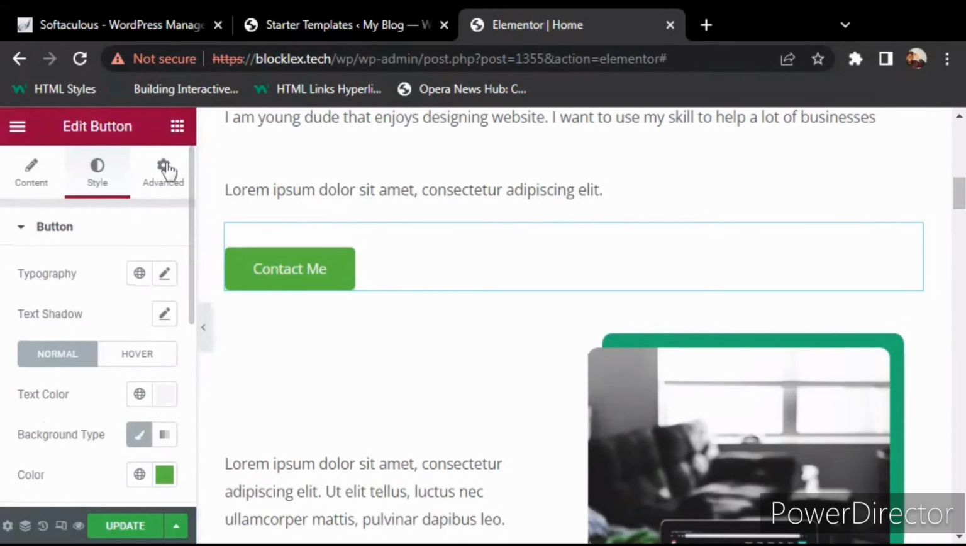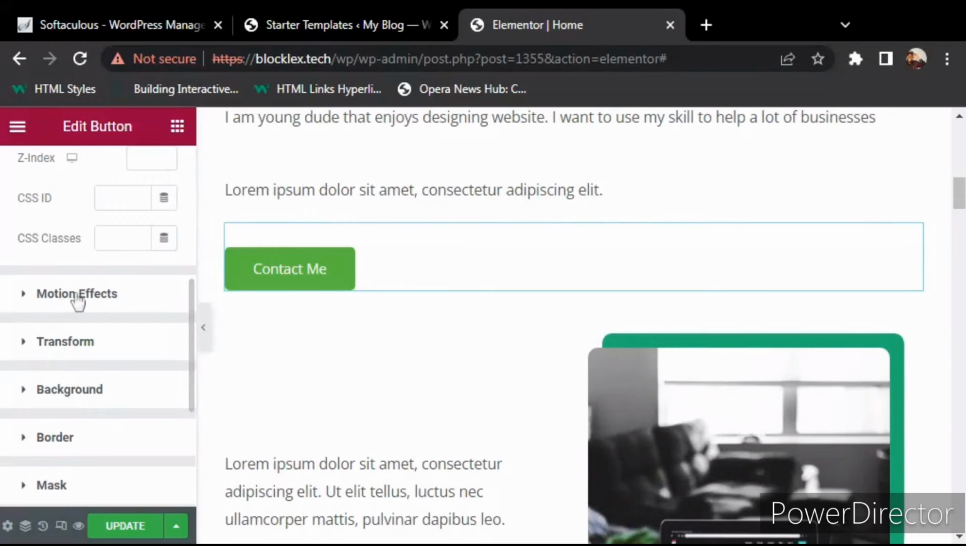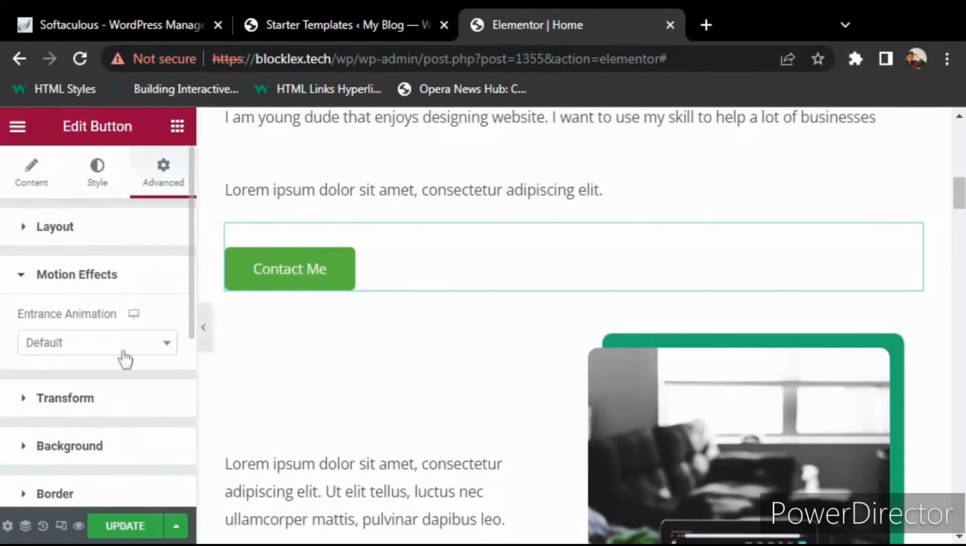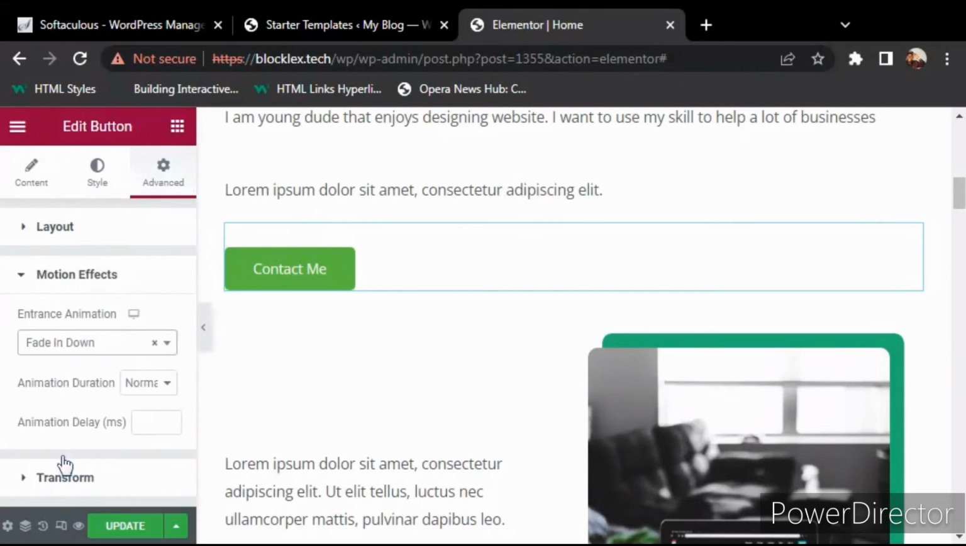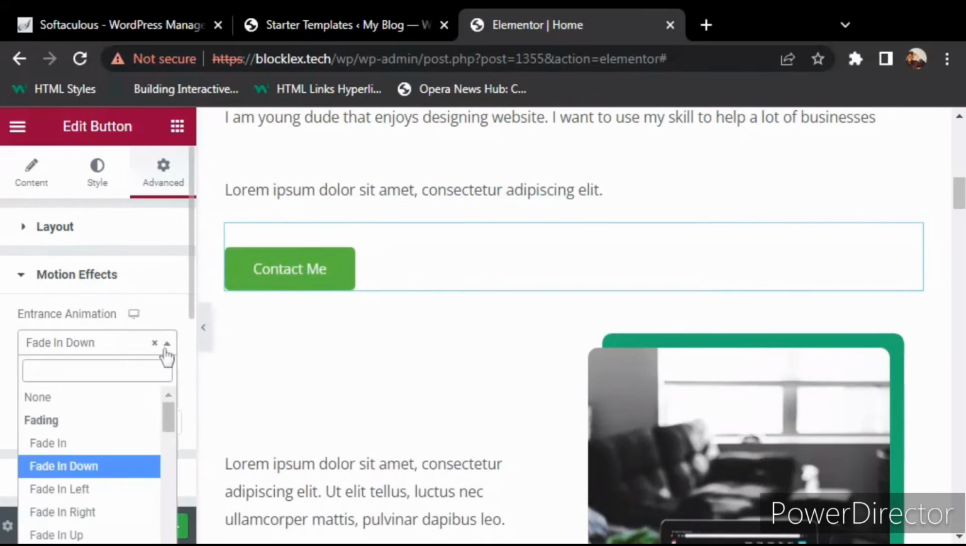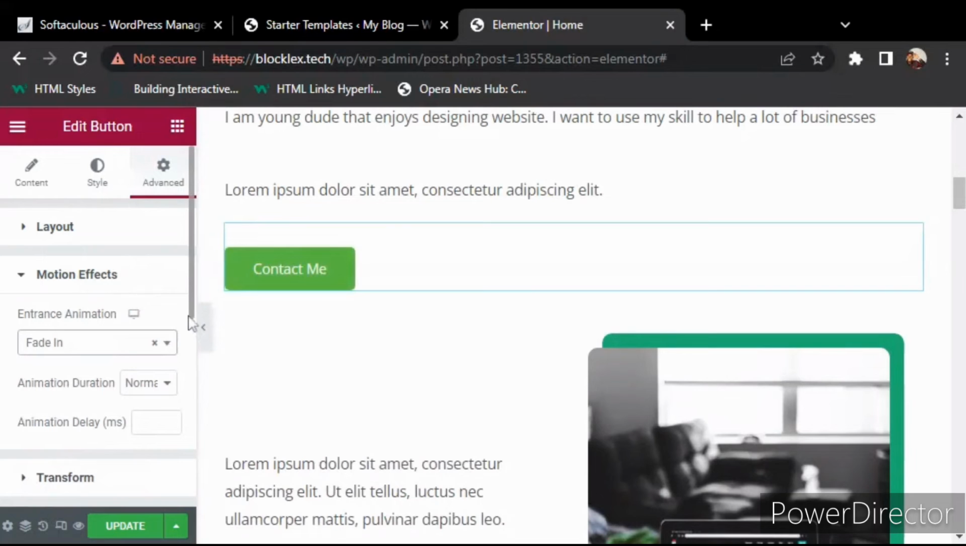Okay, let me just add some little motion effects, which are the animations. We call it motion effects. So you just add a fading down effect and you see what will happen. Okay, that's the effect. If you want to add those effects, you can add them to your website. You can set the duration and the delay,